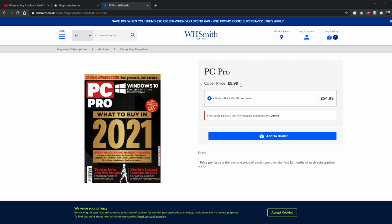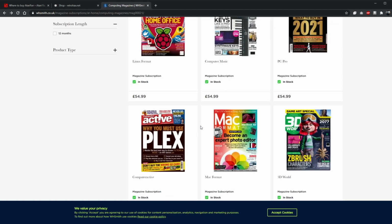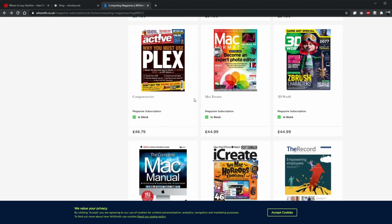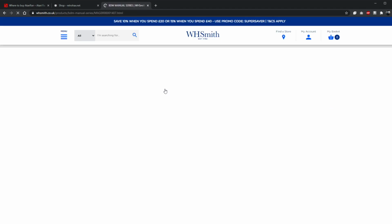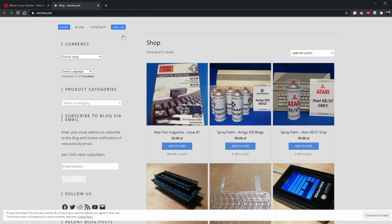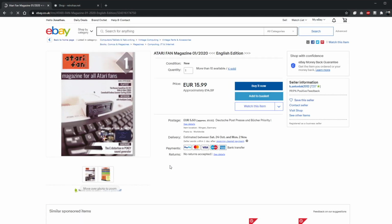$5.99 per issue, with a yearly subscription rate of $54.99. Now I know these are big magazines with probably even more content, but I don't think it can compare. I mean, here we go, Mac, £15.25 per issue. So I think, given the limited reach, let's have a look on eBay how much they're charging